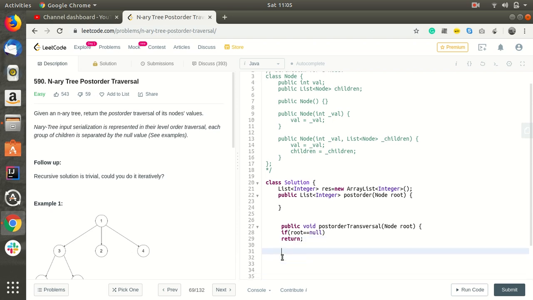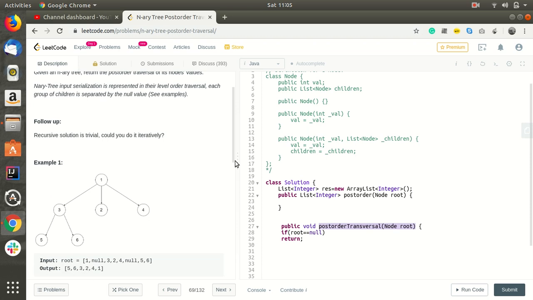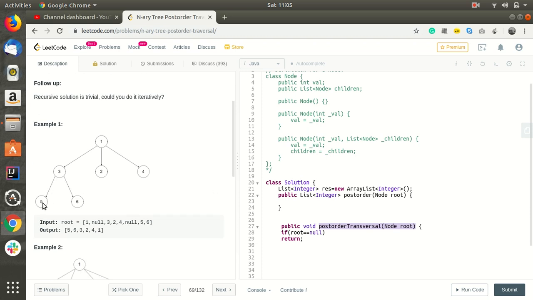What we will do is first call the post-order traversal for the children, and then we will process the node. So 1 has children 3, 2, 4. We will not add 1 to the list; rather we'll call the children first. Again the children will get called, then their children will be called.